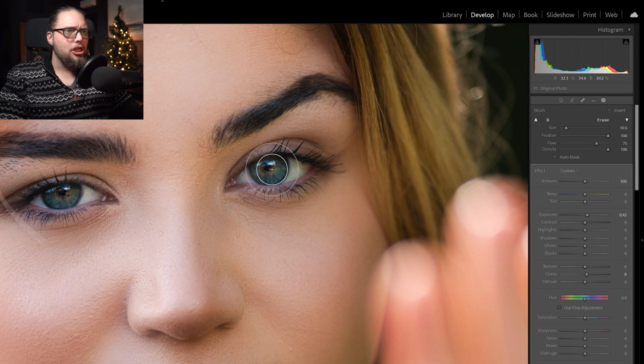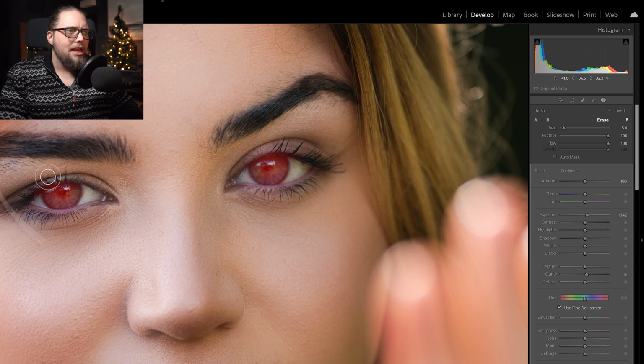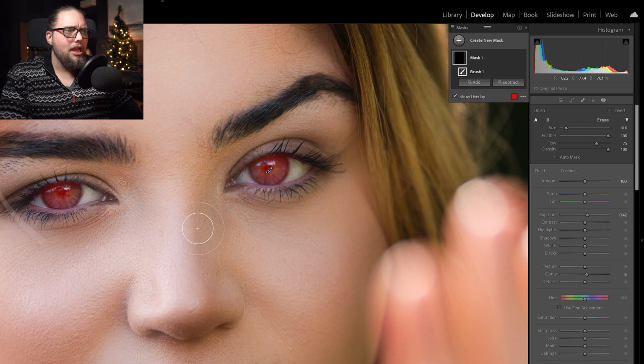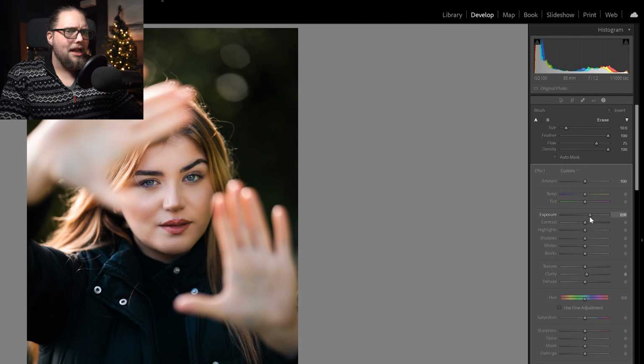So let's go ahead and actually just paint that on here. And if I was to press O, you would be able to see the actual mask. Now I could tidy that up a little bit if I want to. I could actually just hold Alt and just get rid of any mask that spills outside of the eye. Let's just hold space and zoom out, and we're going to just adjust the actual properties